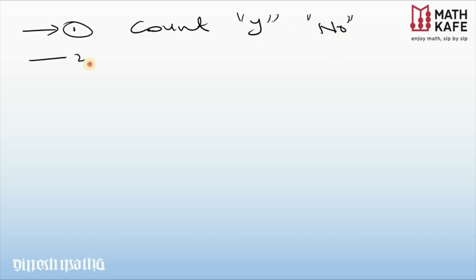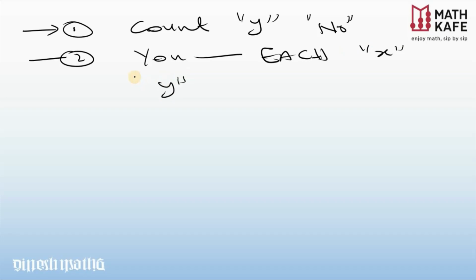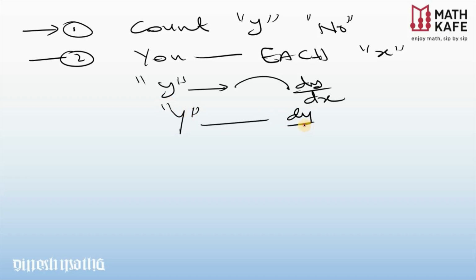And then the second point to remember: you differentiate each term as if it is an x, and whenever a y comes, you differentiate y as an x, and that differentiation will be complete only when you land on a dy by dx. Whenever you differentiate a y term, your answer will have a dy by dx. And here comes the count of y, as I said in the beginning. You count the y's and make sure that you always get that many dy by dx in your answer.